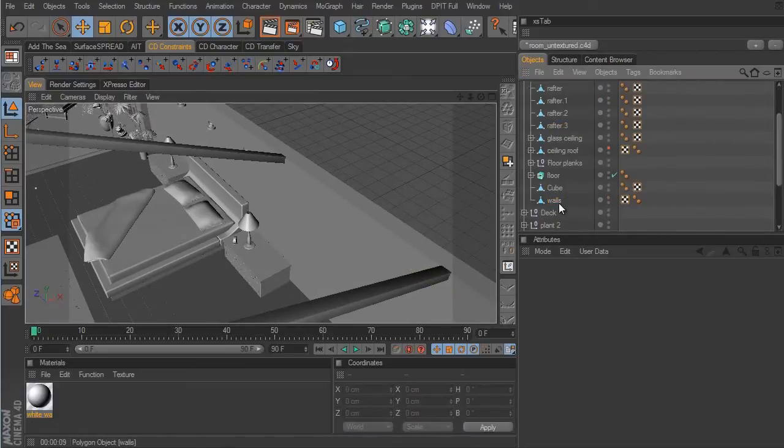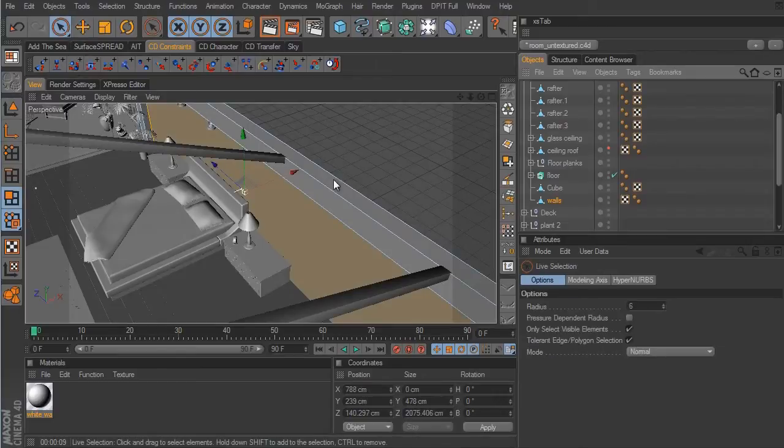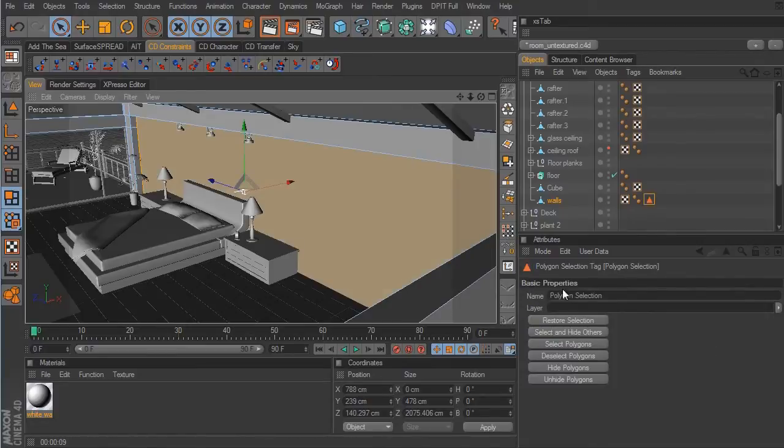And I'm going to click on the walls object. In the original render that I made, I had this back wall here against the bed on the back side. I had that a light shade of blue. Now you're welcome to choose whatever you want, but I'm just going to stick with that type of blue color. So I'm going to select that back wall, and I'm going to make a set selection, and I'm going to